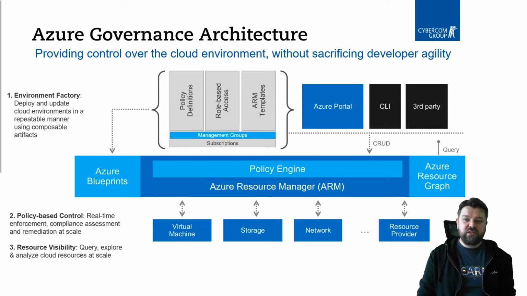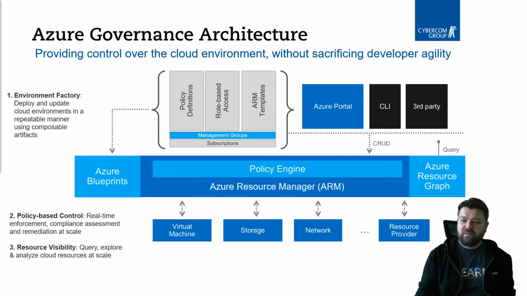And the Policy Engine sits on top of that, so that monitors on the Azure Resource Manager what's been changed, what's happened, and from there on it gets all of the information to you, either in the portal or through other reports. Azure Blueprints sits on the side also, and through them they also control the Azure Resource Manager, and also control the settings and policy engines. And I'll talk later about why the Azure Resource Graph queries are so fast compared to using the Azure Portal or CLI.